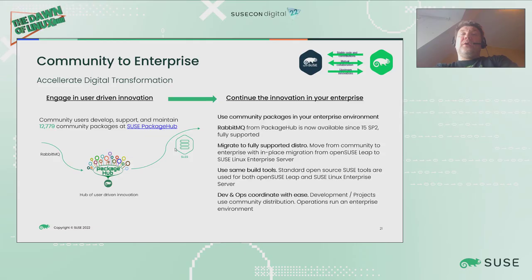Let's move on. One great example which will explain the relationship between community and commercial versions of the operating systems that we support is RabbitMQ. RabbitMQ started as something that's completely not supported in Tumbleweed. Over time, there were more customers who were interested. There was already certain interest to get it into the data center use case, and